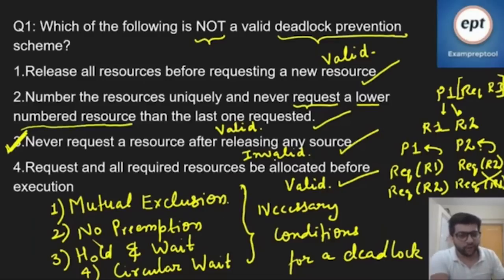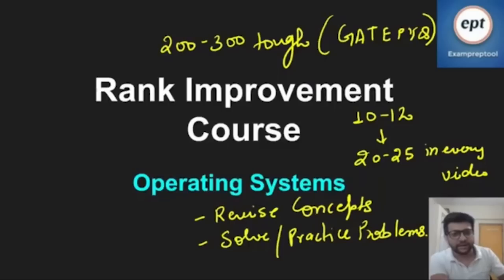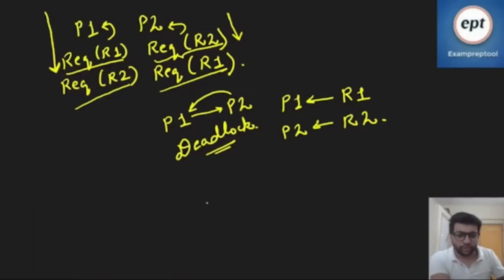If you have not understood the solution, just go to the solution again and try to revise the conditions for deadlock. These conditions were the thing that you need to remember to solve this particular question. So see, if you want to revise in an interactive manner,